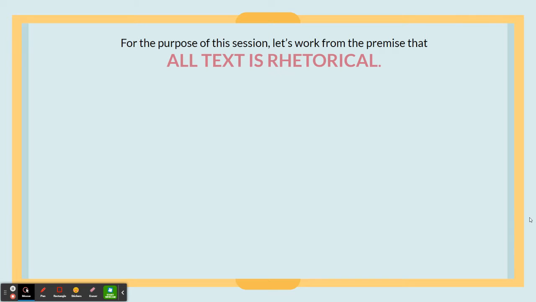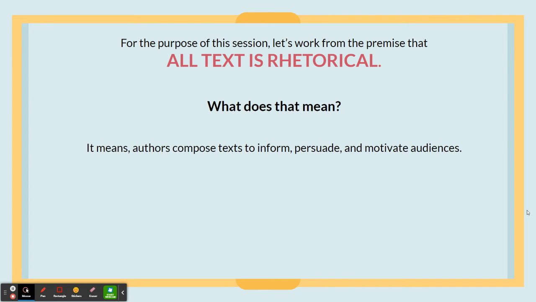Okay, so for the purposes of our session today, we are going to work from the premise that all text is rhetorical. And if you're not used to using that word, what does that mean? It just means that authors compose texts, speakers compose verbal messages to inform, persuade, and motivate audiences.